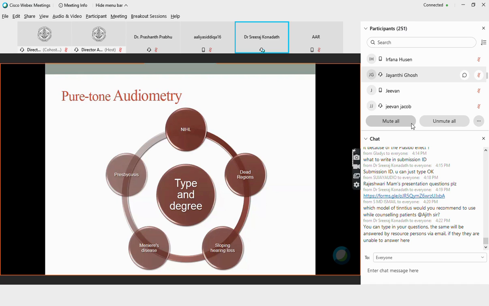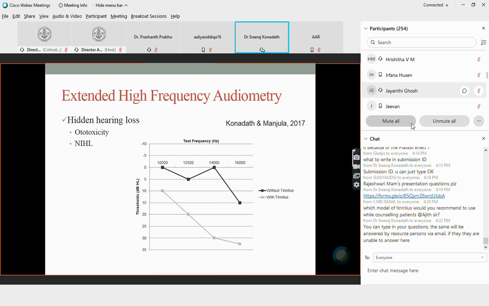That is definitely sensorineural loss. Or Meniere's disease, as discussed by Dr. Rajesh some time back, can be one indicator. And presbycusis also. As hearing loss creeps in for any individual, there can be maladaptations in the auditory system which can lead to tinnitus. So these factors also need to be taken into account when you're doing pure tone audiometry.